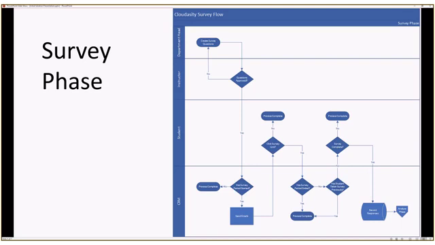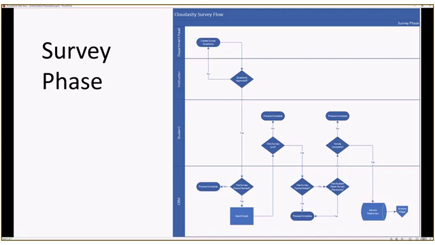Assuming they are, the CRM has to decide, has the survey period ended? So we have a little bit of logic here to decide, has the survey period ended, and has the student already taken the survey? Because we don't want them taking the survey if the period has ended or if they've already taken it, to reduce any bad data coming in.